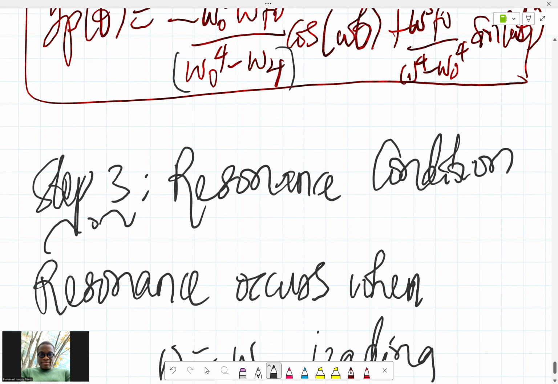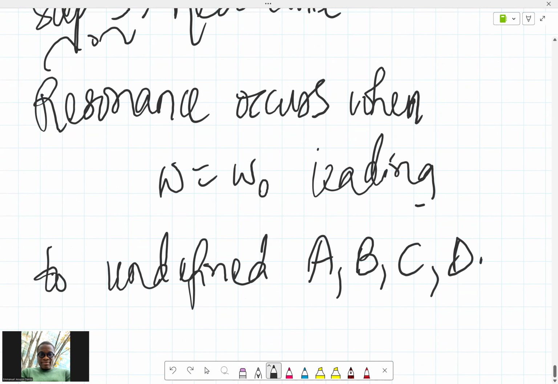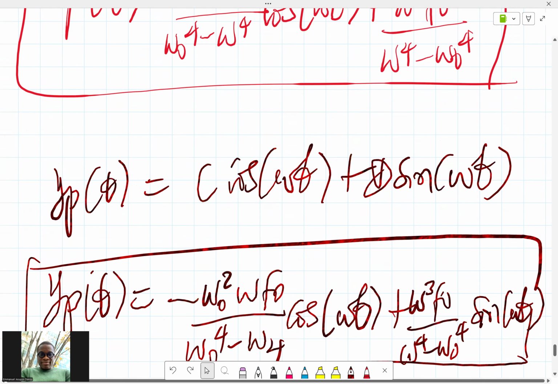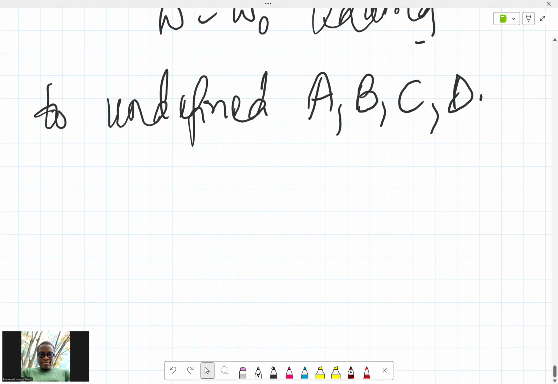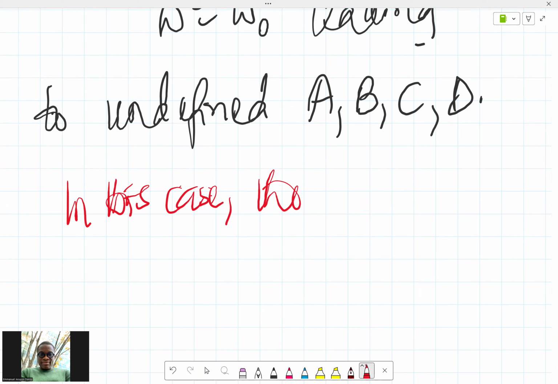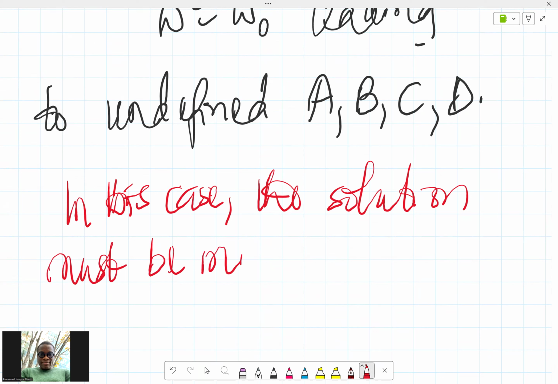Like imagine it here, okay? And then look at it here too. Look everywhere for A, B, C, D, it's the same. So all of those things will be undefined at that point, but that's not the end. So in this case, the solution must be modified